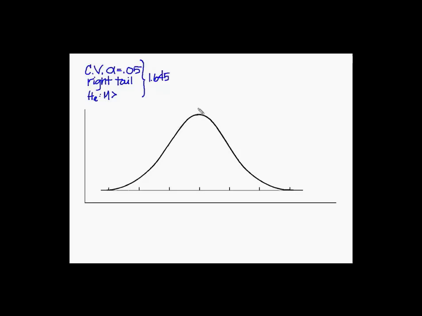So if I presume that this is my regular normal curve with a really squiggly line, and this mean is 0, then I know that 1.645 is going to be like here, not drawn to scale, as we, of course, know. And so what that does is that defines for me that all of this area here is the rejection region,